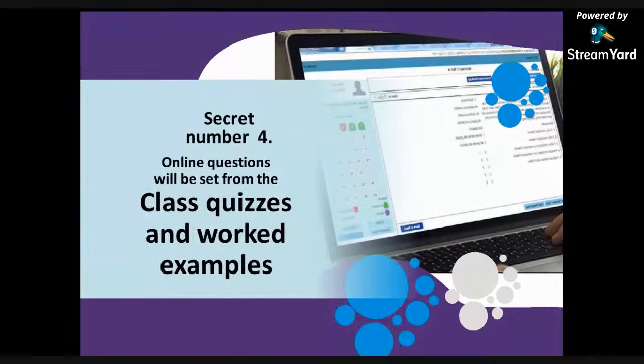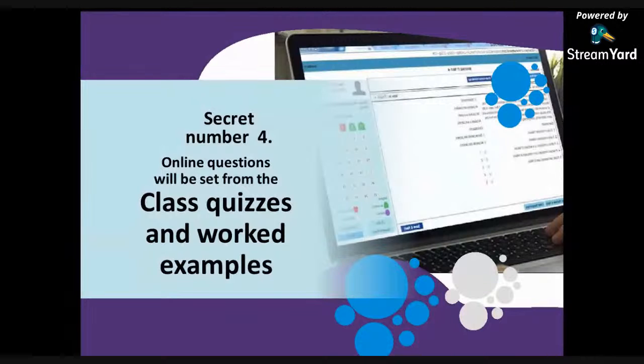Secret number four: online questions will be set or may be set from the class quizzes and worked examples. Naturally, lecturers give exams based on what has been done over a period of time in the classes, and by giving you class quizzes, questions, and some other things that you need to do on your notes, and there are some things you need to write in your notes. These things are very, very important, and based on this, they give you